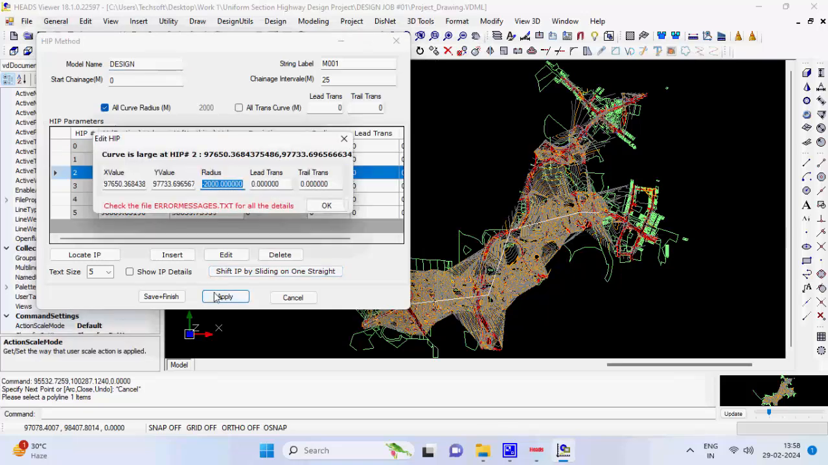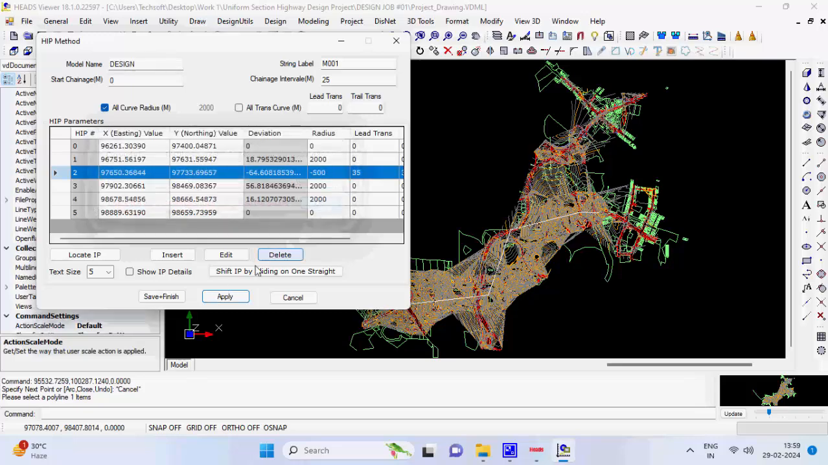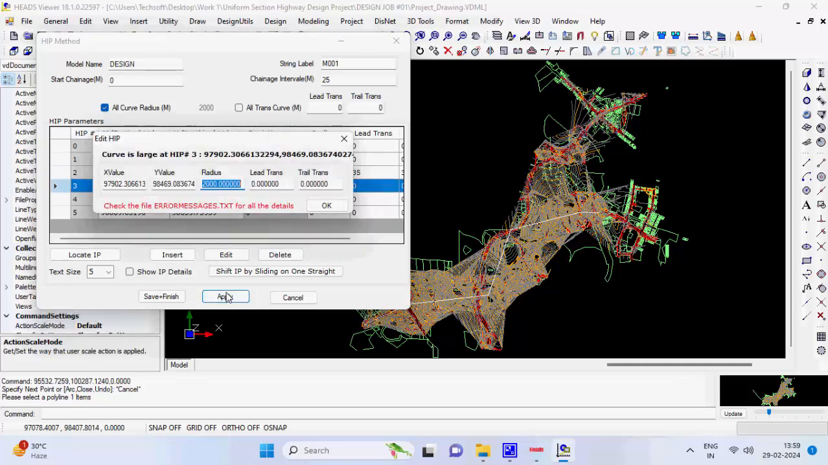Step 26, message comes saying that the curve is large at a HIP. Reduce the curve radius to 500 meters. Necessary lead and trail transition curves may be entered as per the design standard. Click on OK. Step 27, similarly, upon clicking on button Apply each time, if some other curves are found large